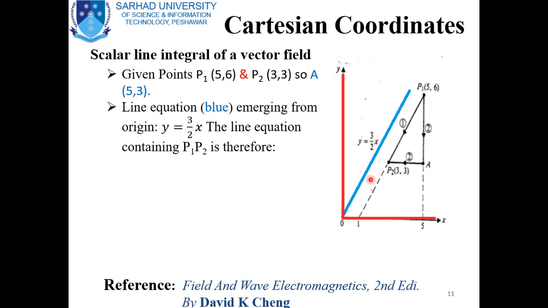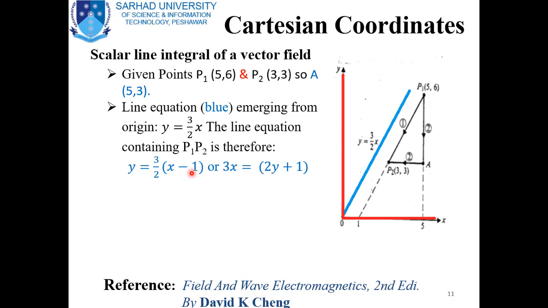And we have another line which is represented by a dotted line. The slopes of these two lines are the same, but the second line, the dotted line, has the value of x 1 ahead of the value of y. So the equation of the second line can be written as y equal to 3 by 2 x minus 1.